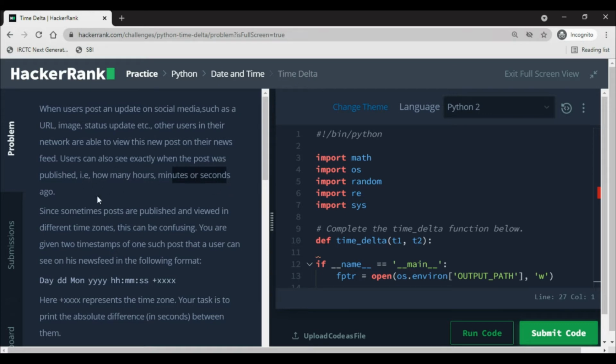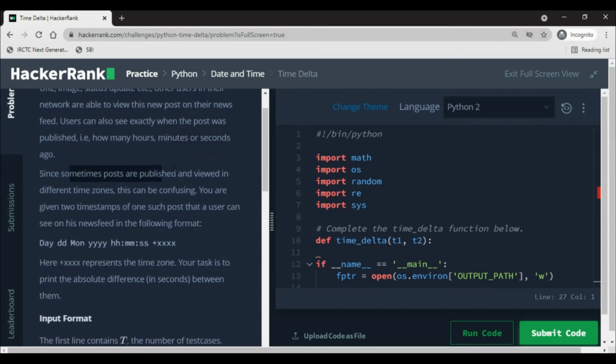At the bottom of the post, for example in Instagram, you can see what time the user has uploaded the picture: 2 days ago, 3 days ago, 4 hours ago, 3 minutes ago. That's the kind of notification we get.